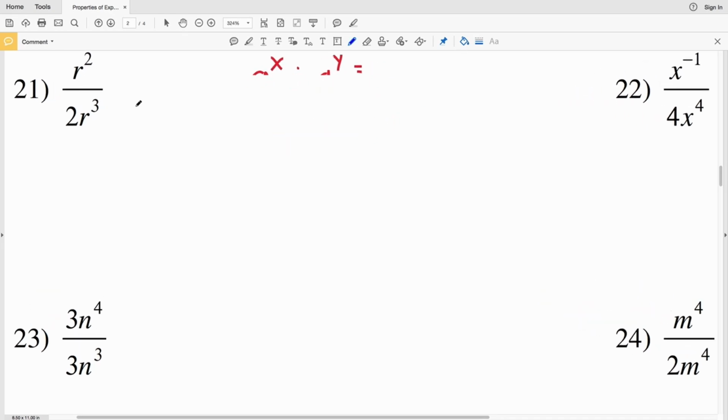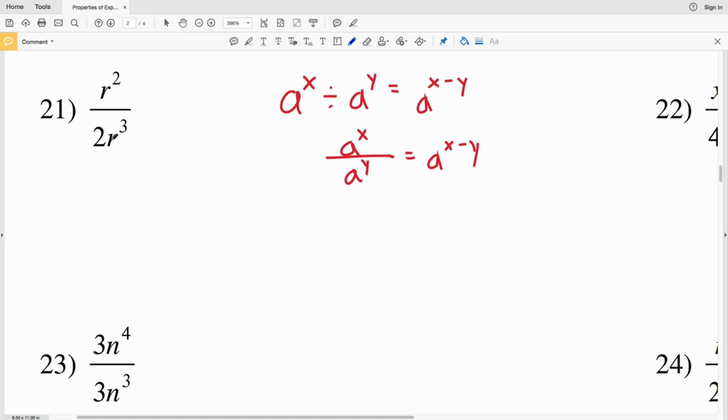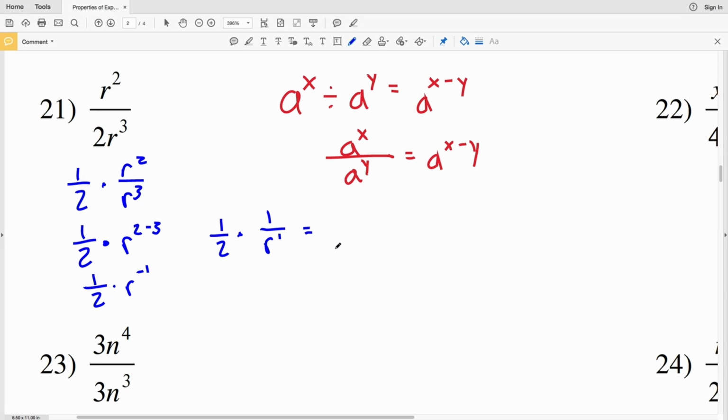So looking at number 21, we have r squared over 2 times r to the 3rd. So pulling that 2 out, but leaving it in the denominator, we'll have 1/2 times r squared over r cubed, which we will write as 1/2 times r to the 2 minus 3, which is 1/2 times r to the negative 1. And remembering that negative exponent rule, we will put 1 over r to the positive 1. So this will be 1/2 times 1 over r to the positive 1, which is equal to 1 over 2r